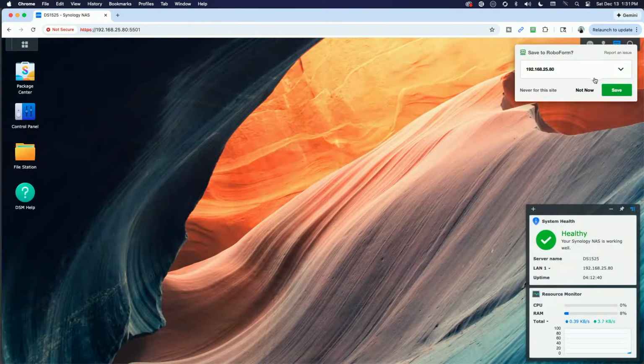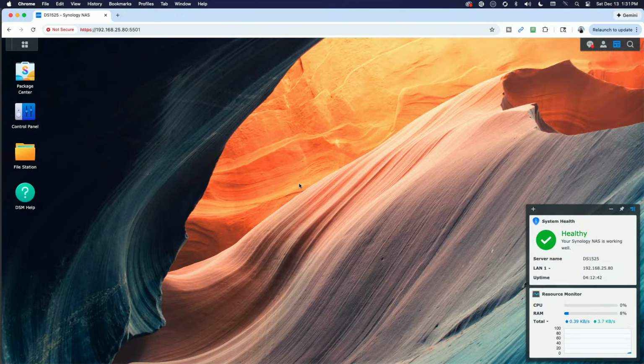Okay. So with the DS1525 Plus, talked about the recent release of DSM 7.3, backing down on the hard drive lock of only using Synology branded drives.